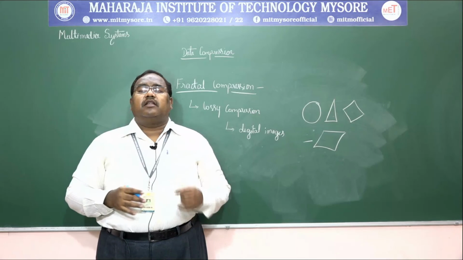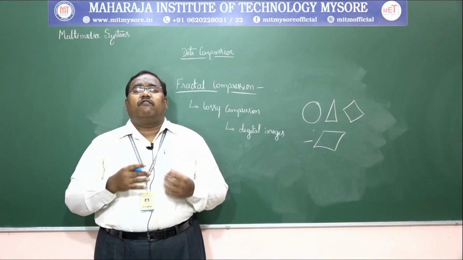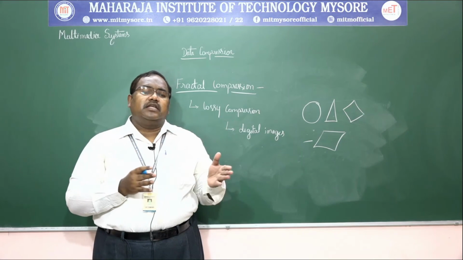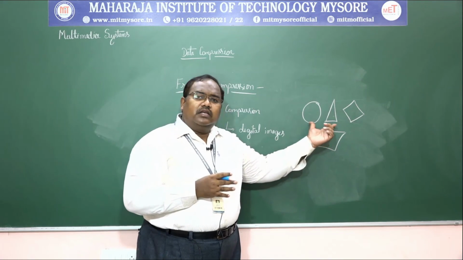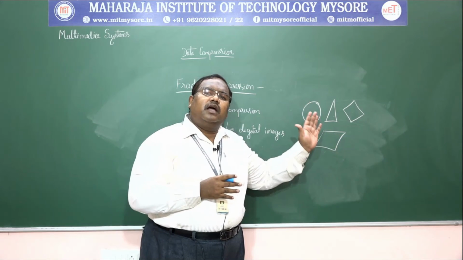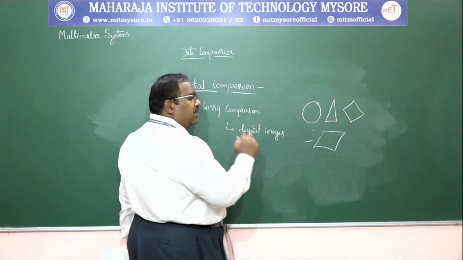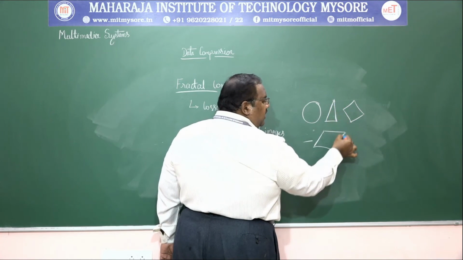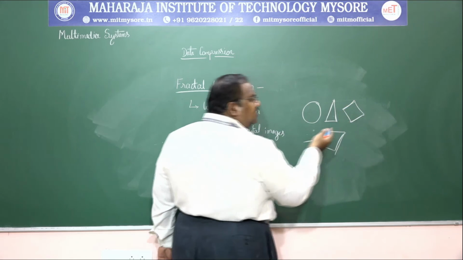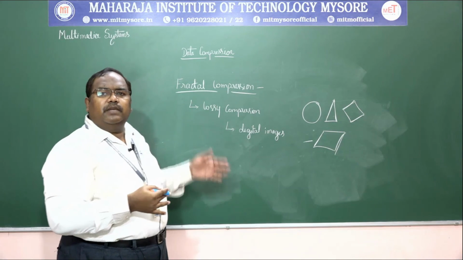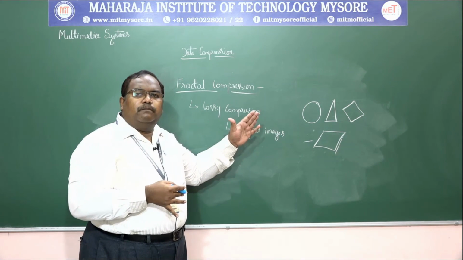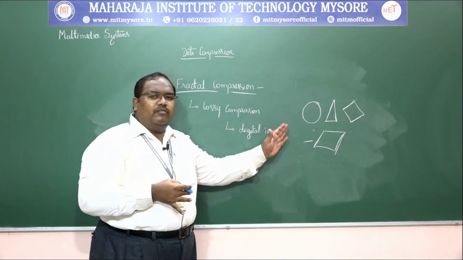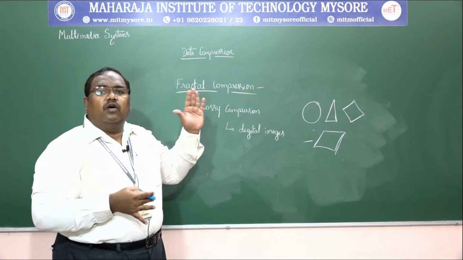The textures and the natural images that rely on the fact that parts of an image often resemble other parts of the same image. See, look at this. Every image resembles another image, not completely, but in portions. See, here it's straight, here it's straight. So here it's straight, here again it's made straight, even this is straight. So there is some kind of relation or similarity between those portions of images. So when we can achieve compression with these kind of images, it is very much suitable for